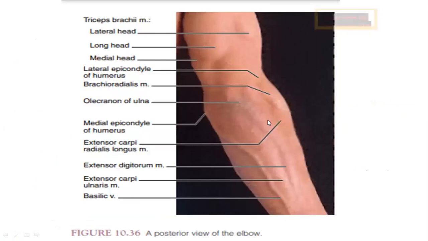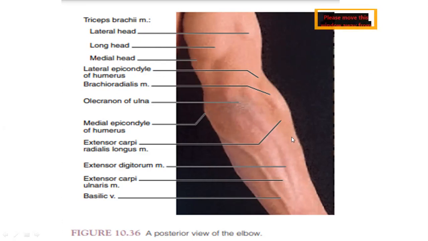Now we are coming to the posterior view of the elbow. We know this is of course the triceps which we have studied earlier. If you come to the lower point of the arm and at the junction of forearm and arm, that is nothing but the elbow, we can feel for the lateral epicondyle of the humerus, and on the medial aspect you will be able to palpate medial epicondyle of the humerus. Between them in the extended elbow, if you remember, we have olecranon process of ulna, which actually fixes in the olecranon fossa of the humerus bone.